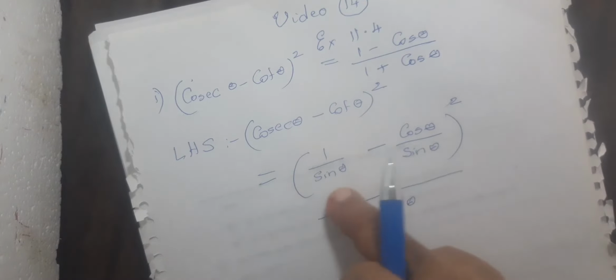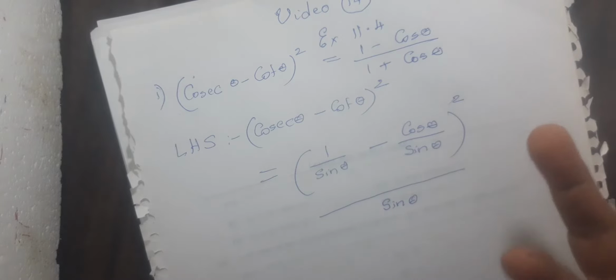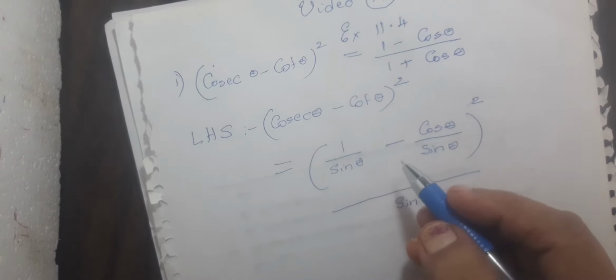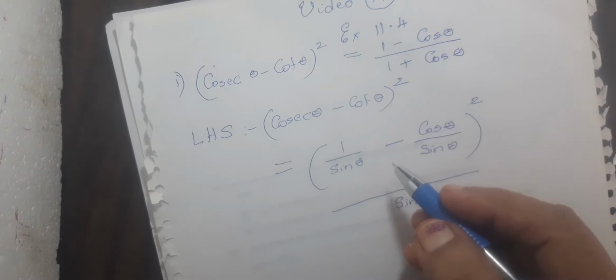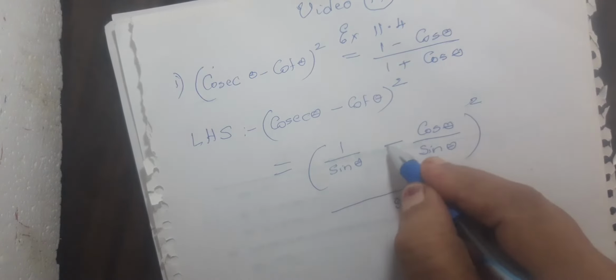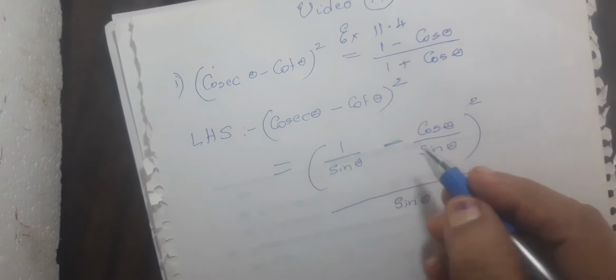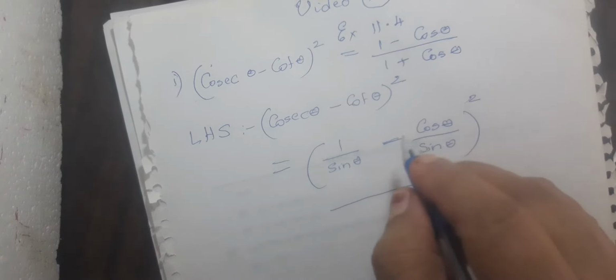Now what we should do? Take the LCM. In your Malayalam video they have just cross multiplied like this. It is the way of telling in different ways, that's all. Now I tell like this: take the LCM. The same answer you get, whatever she has done, even I will be getting the same. Since you are well versed in taking LCM, I am telling you in that way.